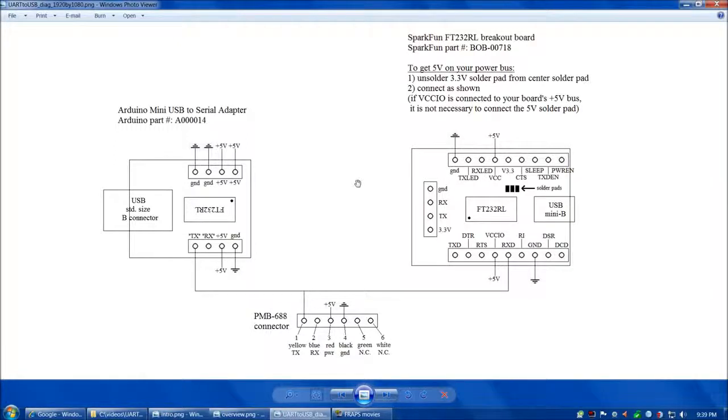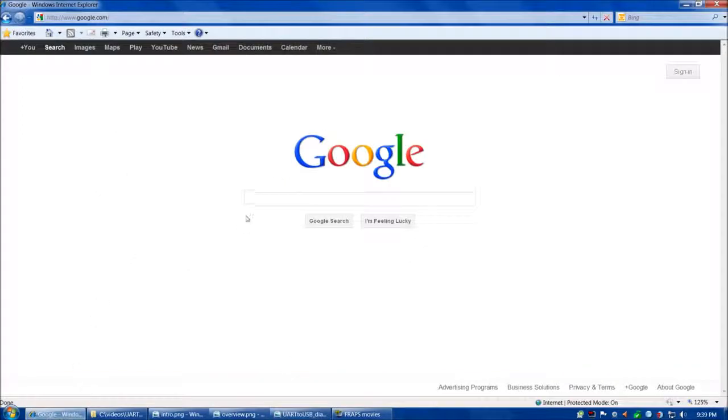Next, let's take a quick look at the FT232RL drivers and how the FT232RL appears in the Windows Device Manager. When you first connect up your FT232RL to your computer via USB, you're going to get a pop-up window in the center of your screen that's going to say that it's recognized the device, at least if you're using Windows 7. And then Windows 7 will automatically go out to the internet and download the applicable FT232RL drivers and install them, and the whole process is that easy and seamless. If for some reason that does not happen,